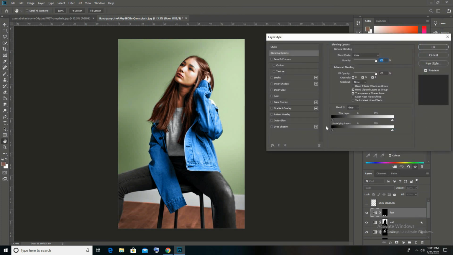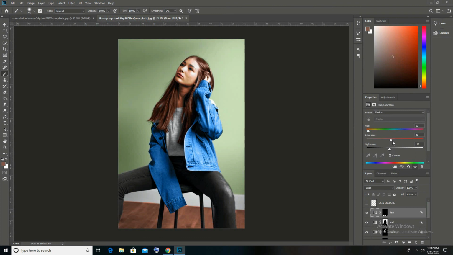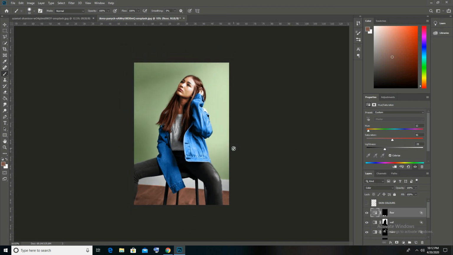And we'll again follow the same procedure for the underlying layer. Now we'll adjust the floor according to need, and guys, it's done. You can see the effect.